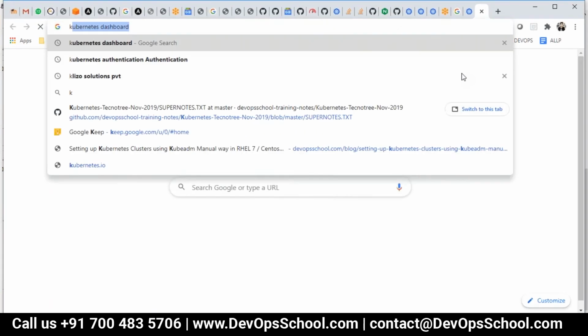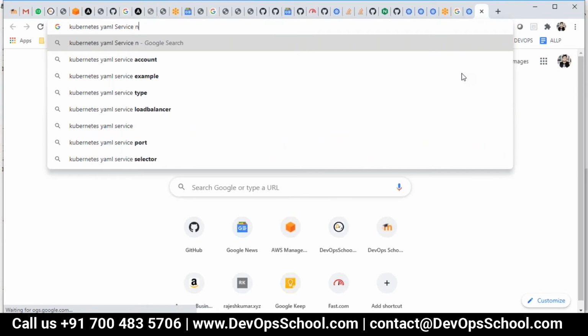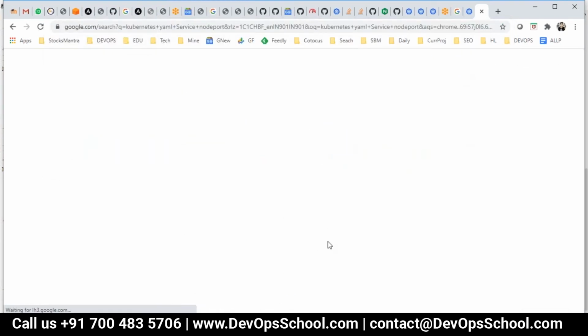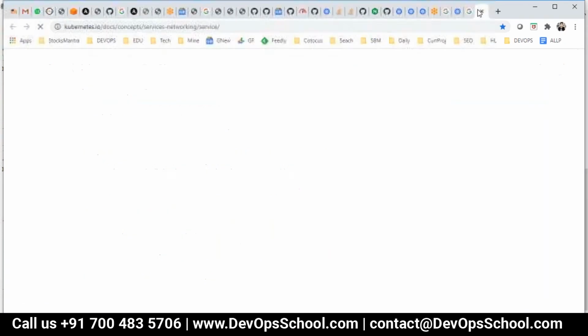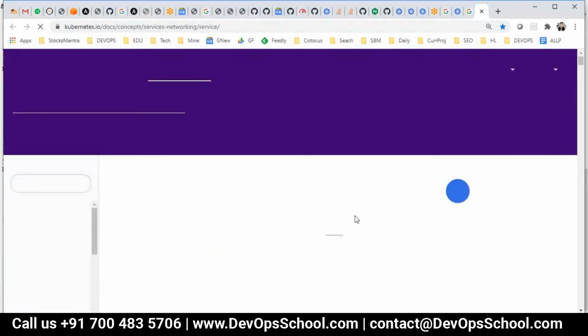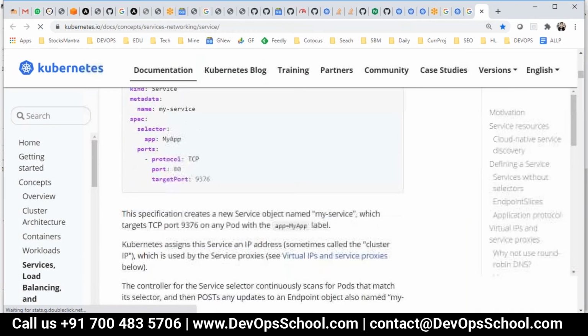So, Kubernetes YAML node port service node port. I need an example because in YAML I can write it, but I'll make a spacing mistake. For that, copy paste is what I feel comfortable with. So I need some service with an example of node port.